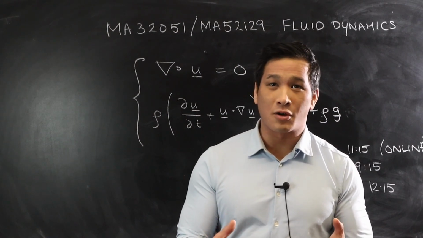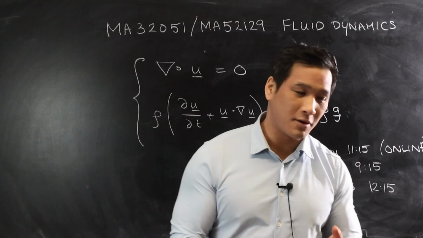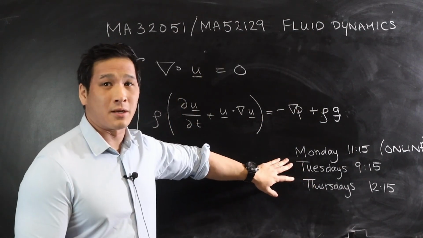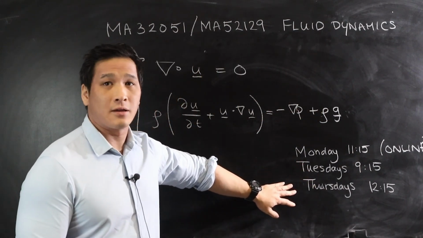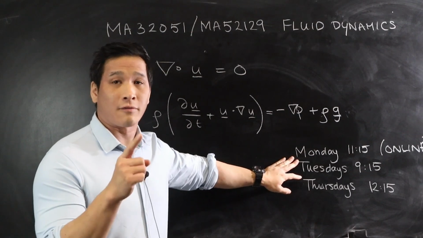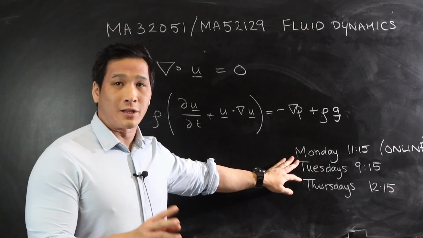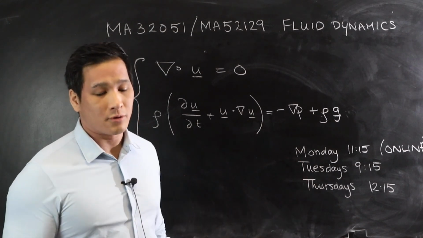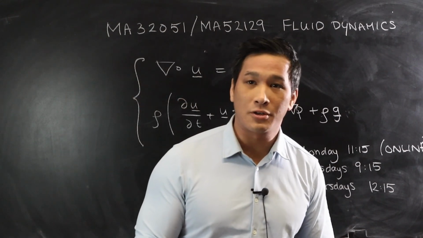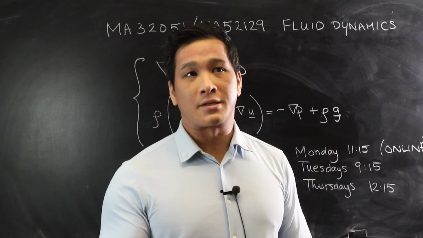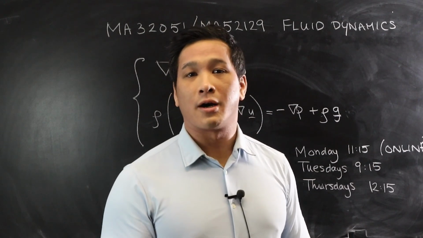All right. So we have 3 meetings during the term. The 3 contact points are going to be Mondays, Tuesdays, and Thursdays. And the Monday, including on the very first week, which is starting next week, we're going to be meeting online. If you'd like details about that, go on to Moodle and find the usual Moodle course page. There's going to be a Zoom link, and it's going to give you instructions on how you can get connected